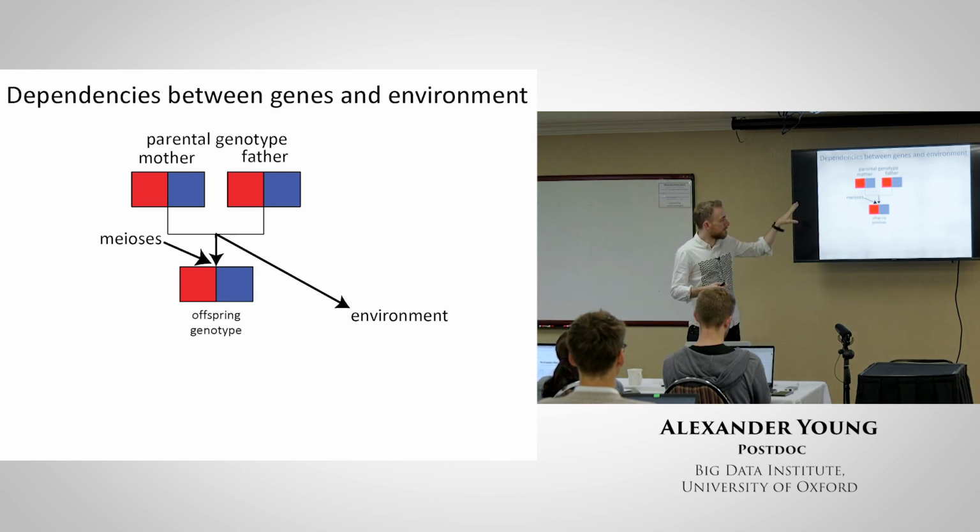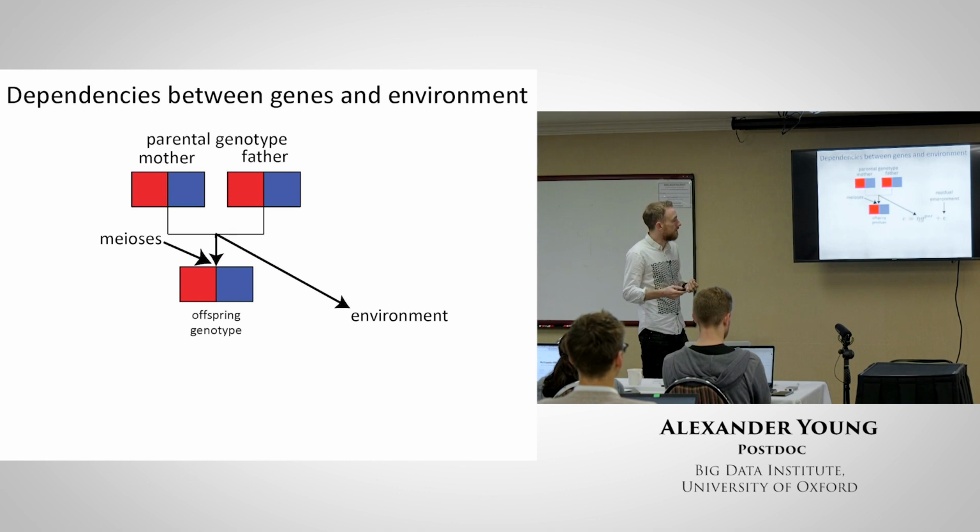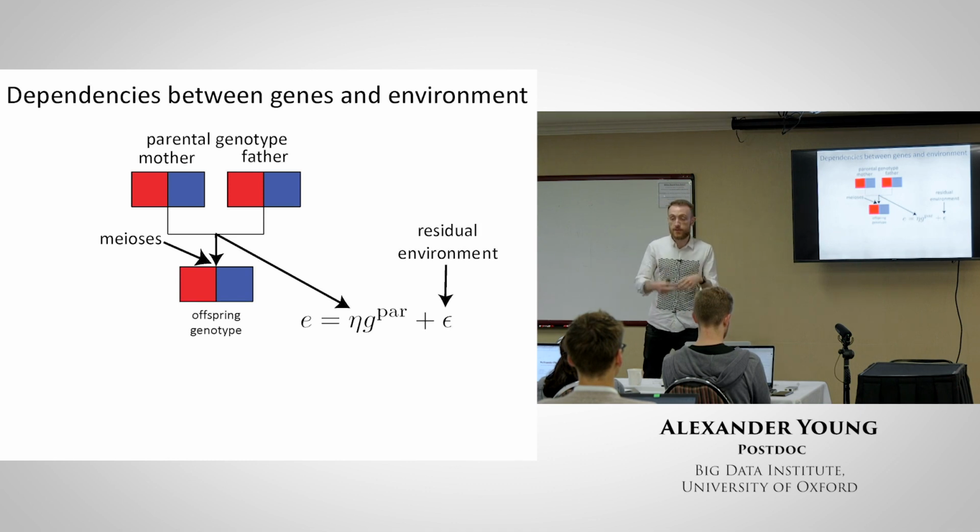And so what that means is conditional on the genotypes of the parents, all that's left to determine the genotype of the offspring is essentially like these random coin tosses that happen in meiosis. And that means that any dependence between offspring genotype and environment must actually flow through the parental genotype. So you can break this dependence between offspring genotype, or the phenotyped individual's genotype, and their environment through conditioning on the parental genotype. And through the conditional independence properties that derive from the randomization of genetic material during meiosis, one